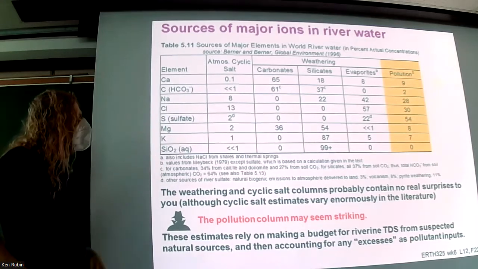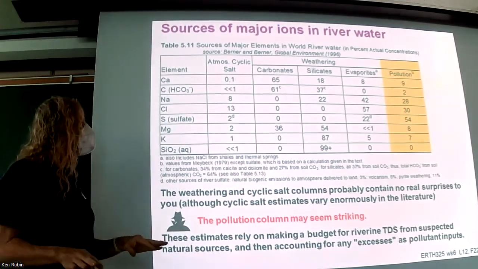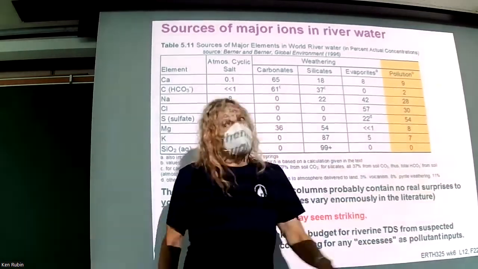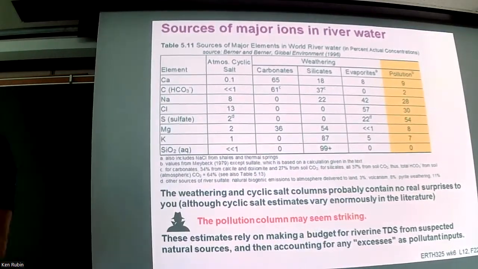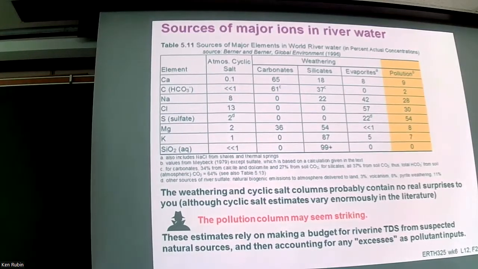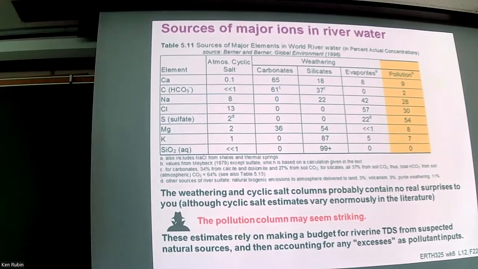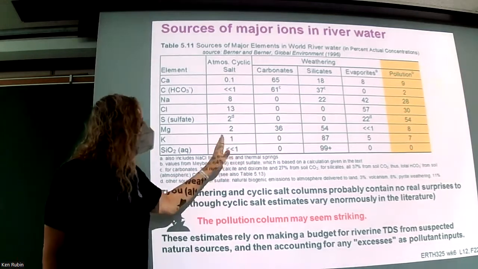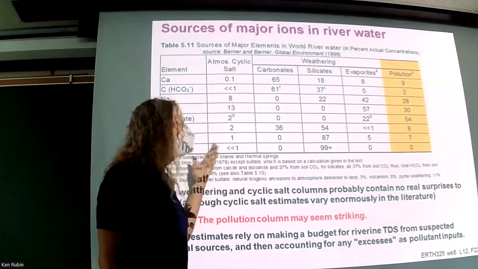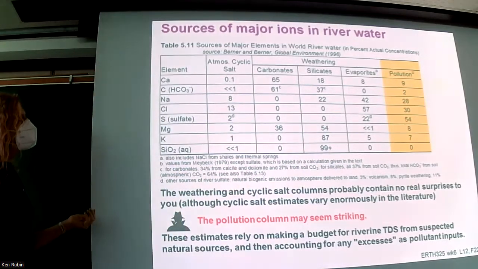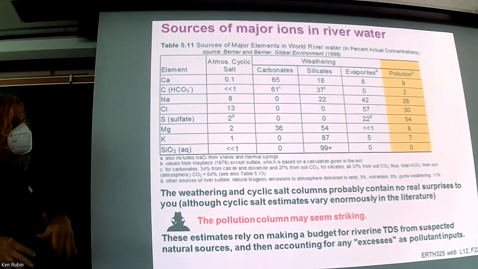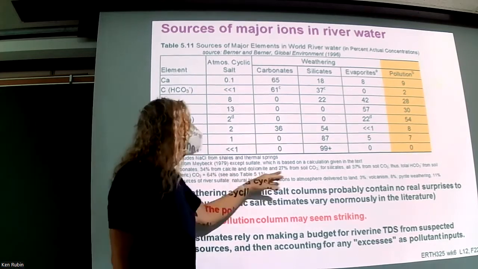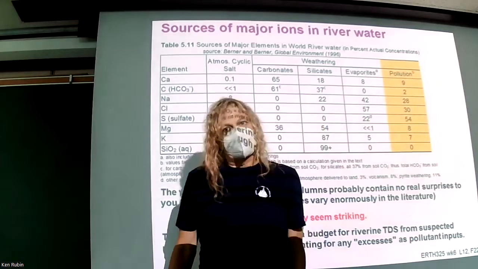But otherwise, it's kind of hard to distinguish the relative proportion of this, and this in river water without a lot of detailed analysis of the distinction between rainwater in a particular watershed and river water. So there's some fluff. You can move numbers between these columns, but you can kind of see the gist of it here, that human activities have made water saltier in kind of world river water average, especially in those three